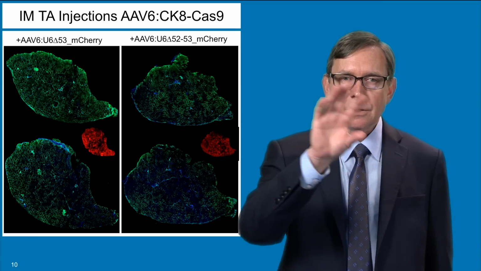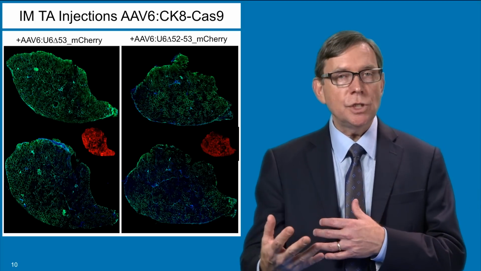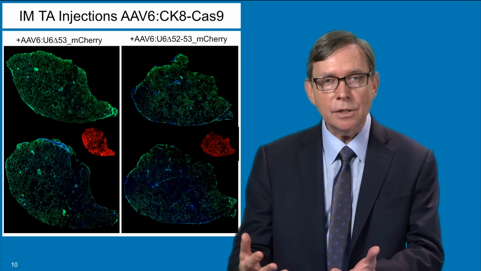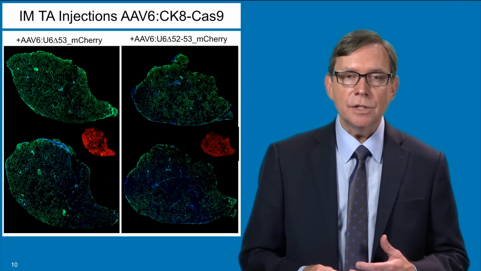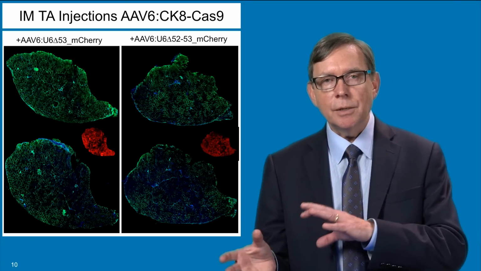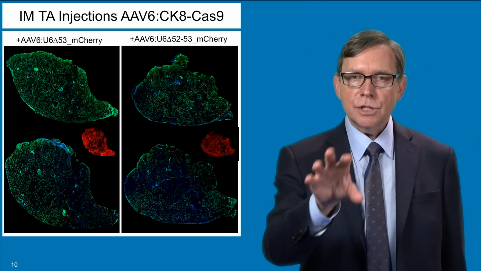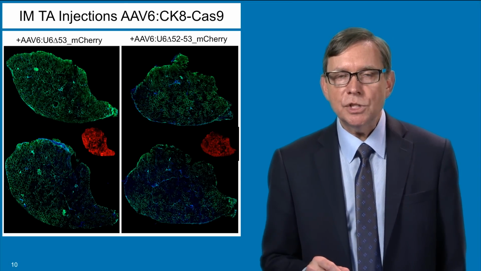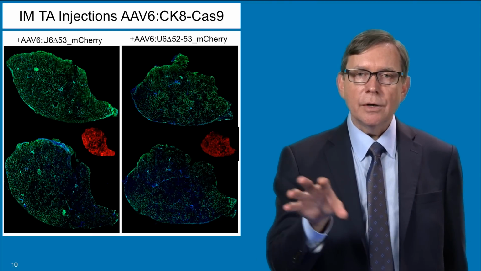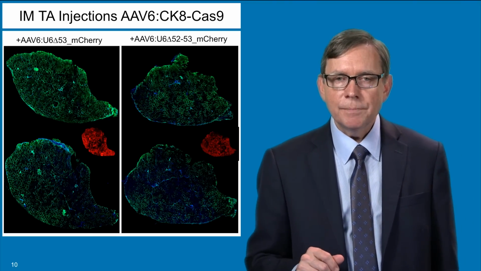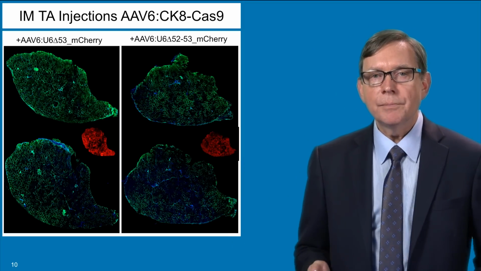You may notice that there is, in some cases, a fairly patchy distribution of the green color, so we have not achieved a uniform or 100% correction, but the exciting thing is that we are able to see dystrophin being produced in these treated muscles. Some of the muscles are making more than others. We do see variation from one animal to another. And in particular, in the example of the delta 52 to 53 strategy, where we're trying to delete two different exons, we see some larger areas where the method was not as efficient, and we're still trying to improve overall how well this approach is working.